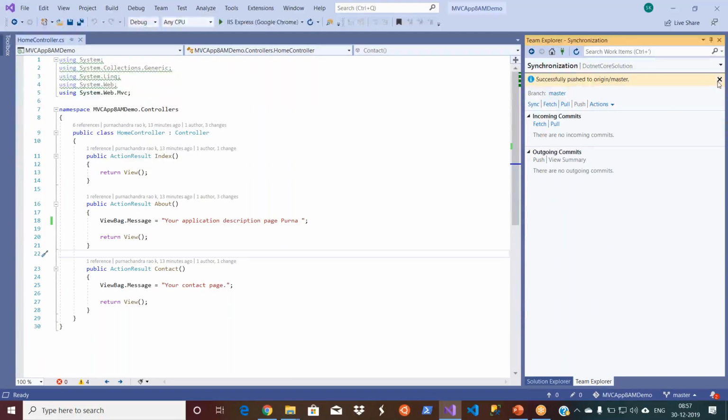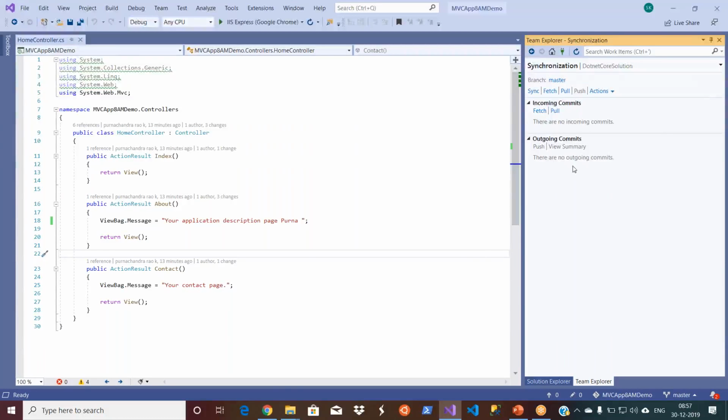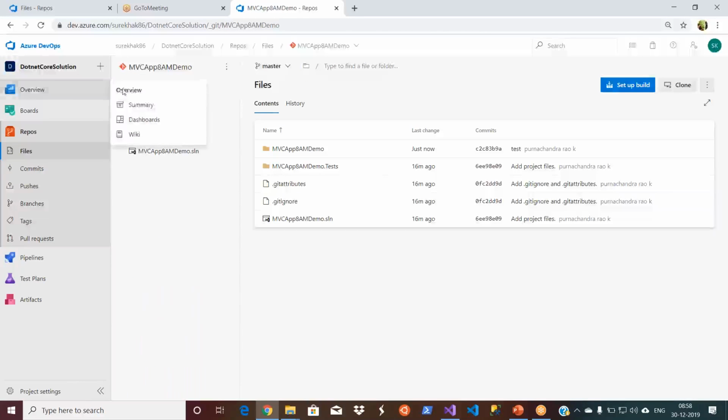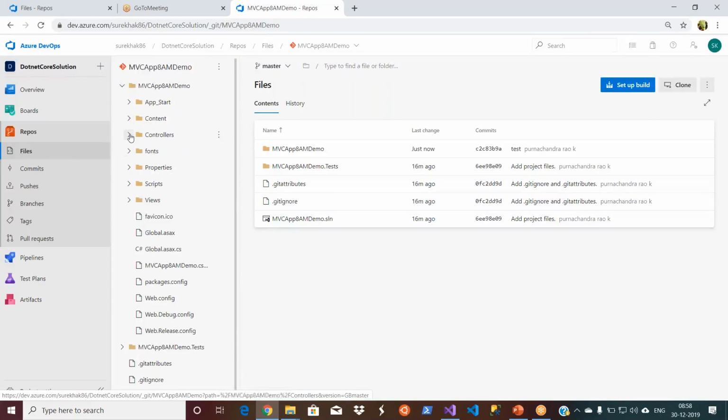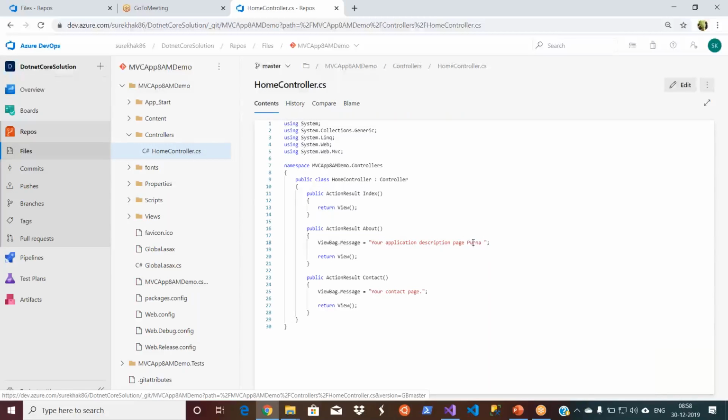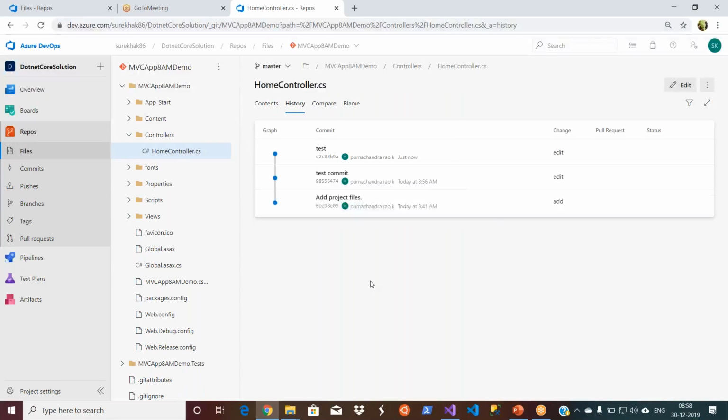Rather than commit all, I would say commit all and push. Done. It's been completely uploaded to your remote repository. Instead of uploading, you will say checked in or pushed. Let's go back to see the history in the repos, expand your ATM demo and then Controllers. You see there is a Purna space, and if you go to history, right-click on history, first I added a Purna, right, test commit, and then I added space.